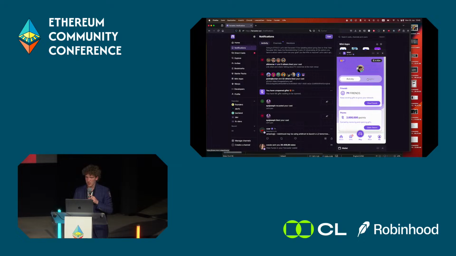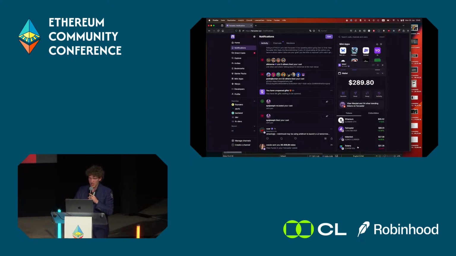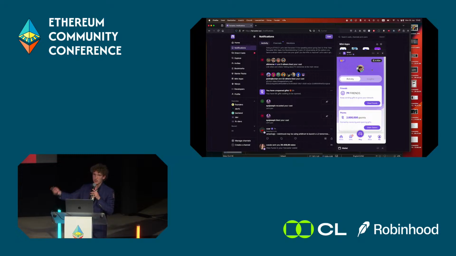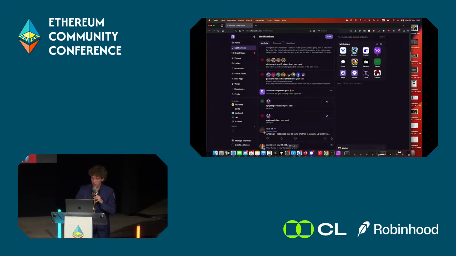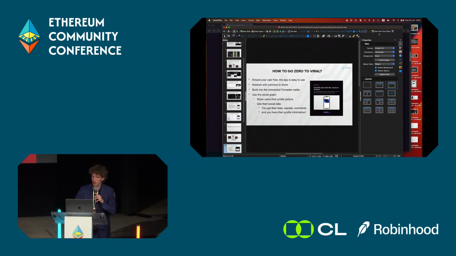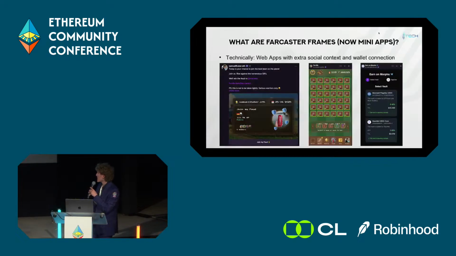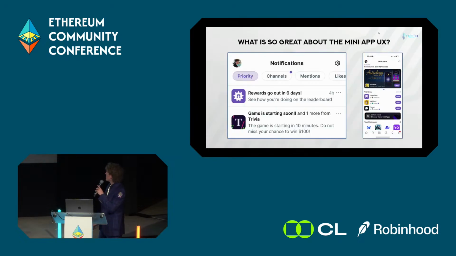If I go to me, this is my profile. Did I click on any sign in? No. How does that work under the hood? Well, because we have a wallet here and we have connected accounts, we can just do cryptography, sign messages, and boom, I'm authenticated in the app. That's really cool. So that's just for you to understand, this is actually the full flow that we're dealing with here. So if we go back,